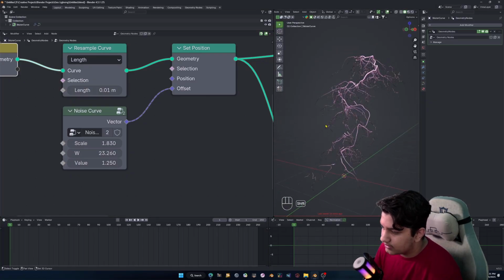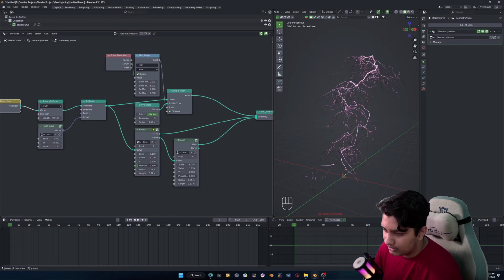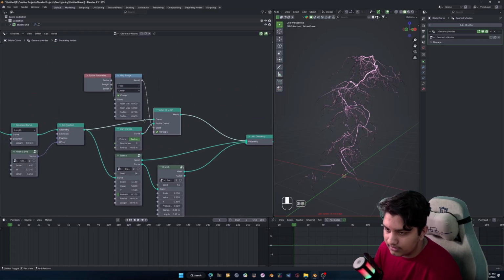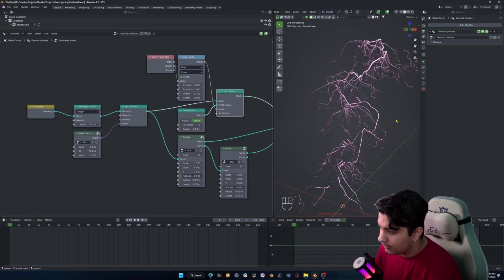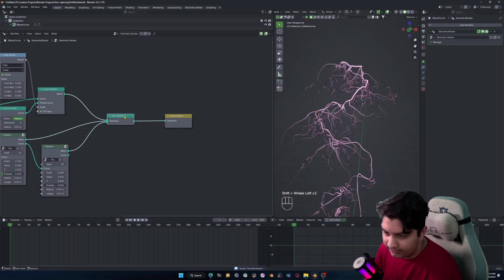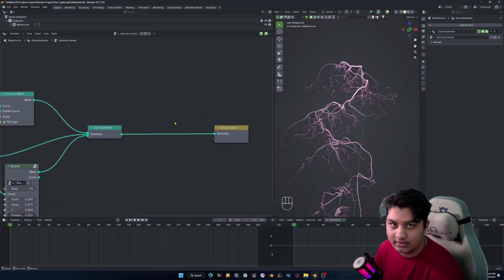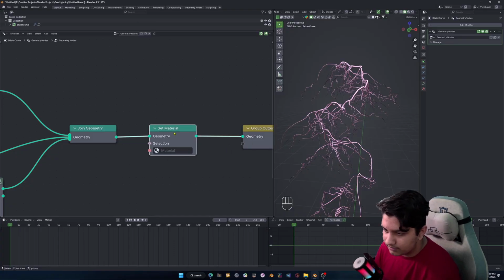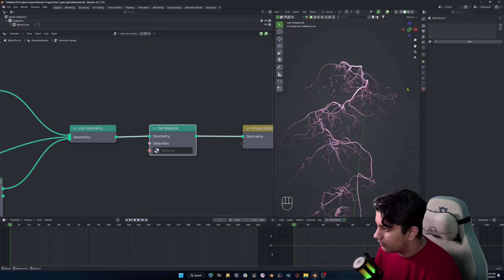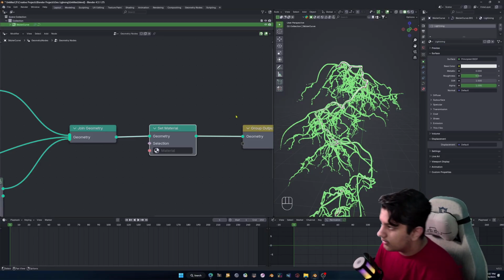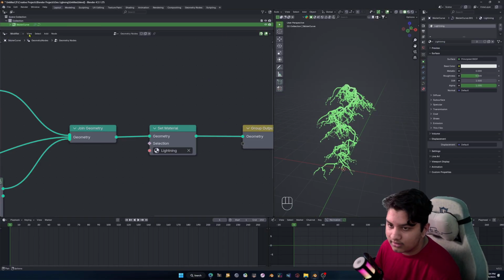I like this. These, okay, if you're following along, these are the values that I used. And just join them at the end. And there we go. We got some really nice procedural... Oh, wait, before we make a little scene with this, let's add a material. Set material. Let's make a new one. Call it lightning. Perfect. So if we put this into lightning,